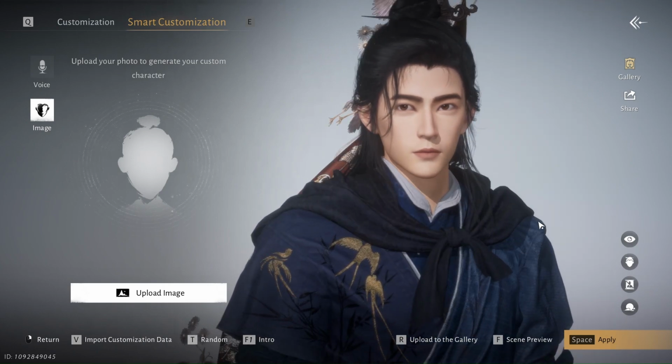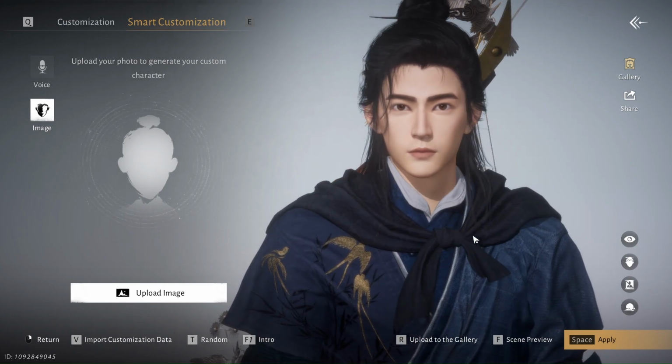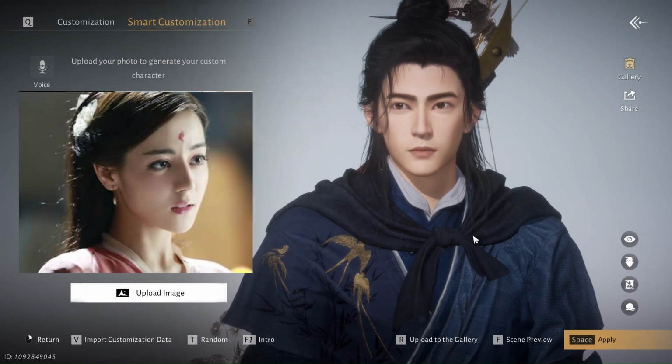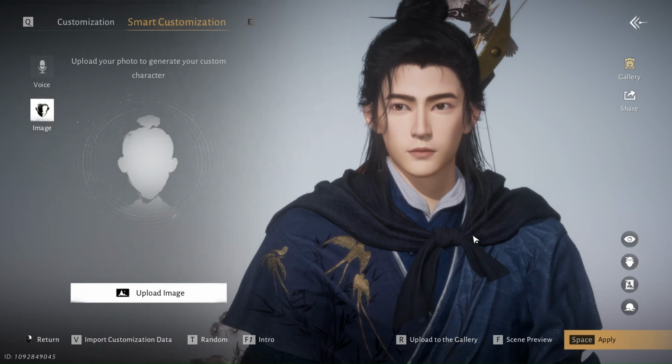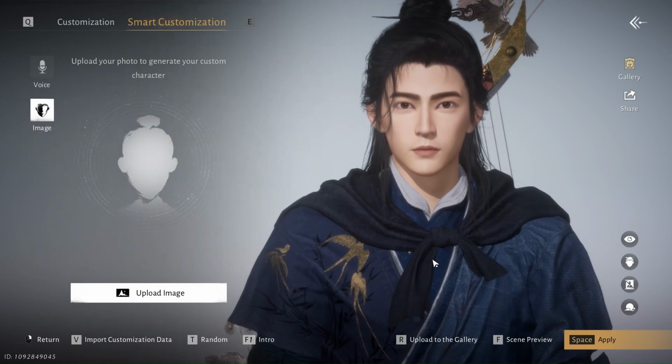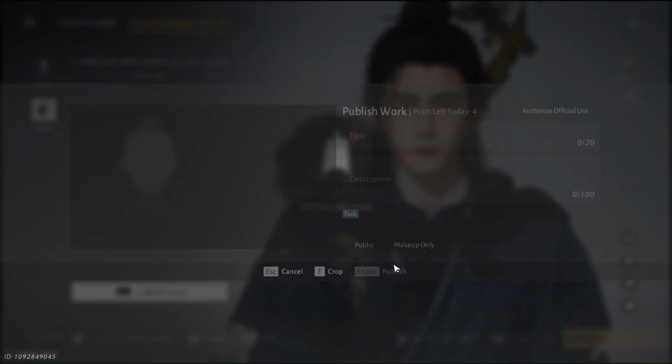Yu Menglong was born on June 15 in Urumqi, China, where another actress named Dilraba Dilmurad, I hope I'm pronouncing that right, was born. He was a talented actor, singer, and even played the cello. He was a cellist. And he was a prominent actor in China, known for his roles in Chinese dramas and